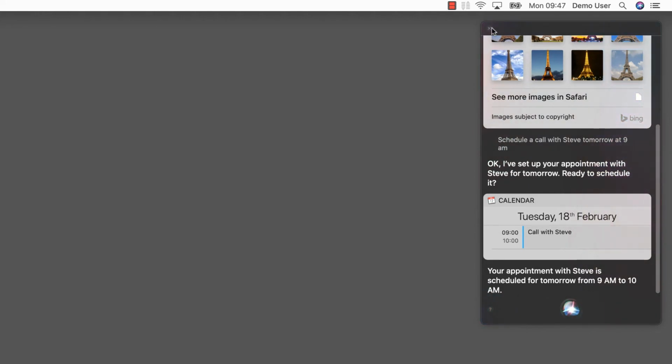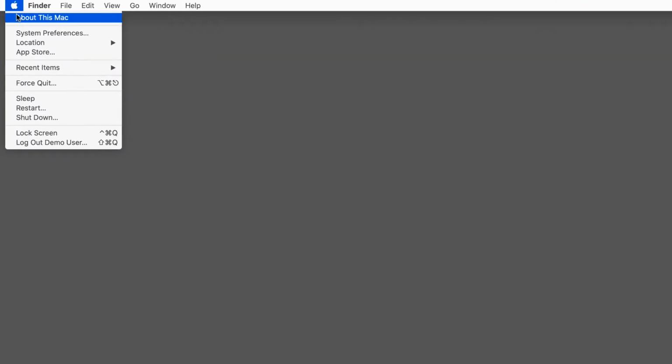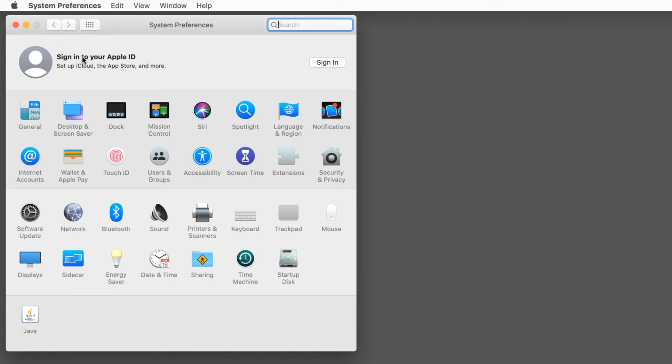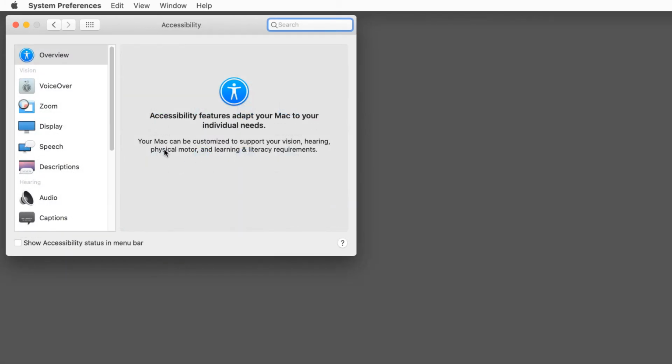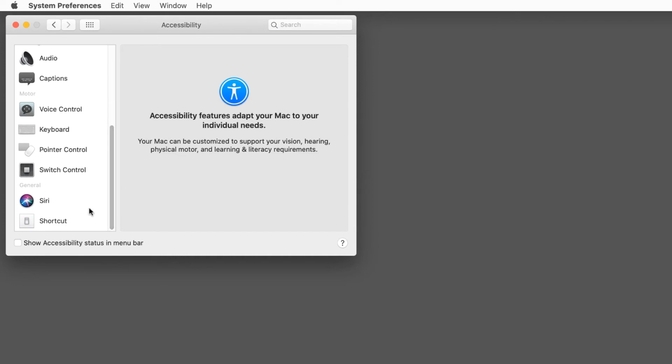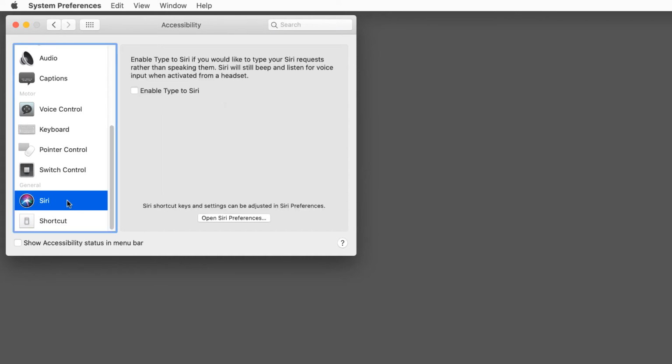to 10 a.m. As a personal assistant, Siri accesses your contacts and calendar data to support you in your actions. Furthermore, Siri can only be used when connected to the Internet. If this raises some privacy issues for you, you might want to reconsider using Siri. You can configure Siri in combination with other accessibility features in the Accessibility Control panel. In case you do not want or cannot speak the text for Siri, you may prefer to type your request. This can also be useful in a meeting or in a very noisy environment.